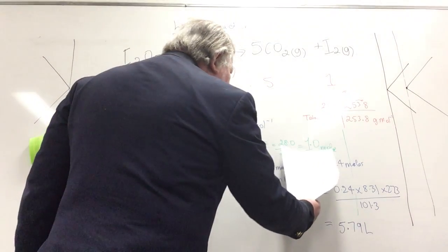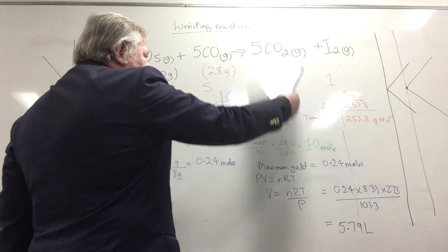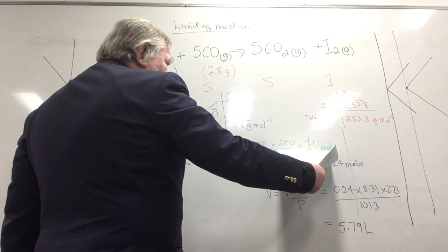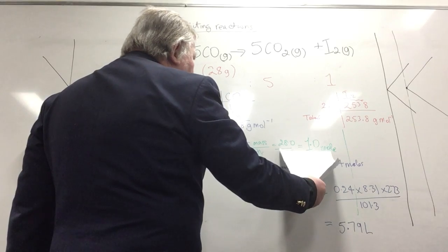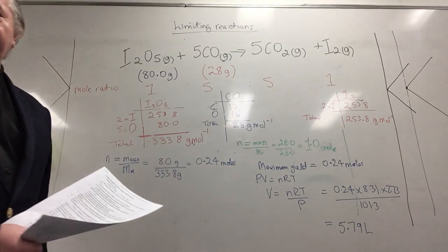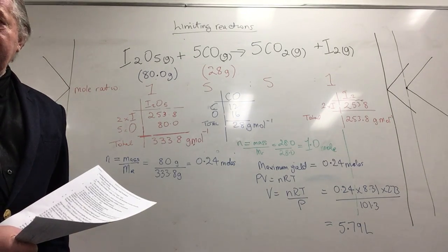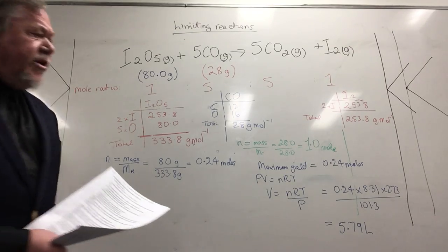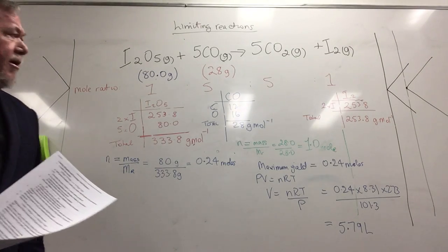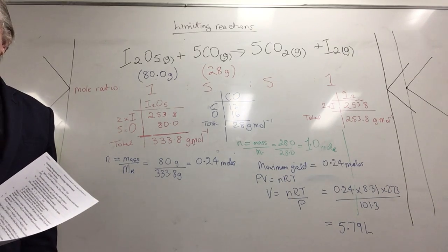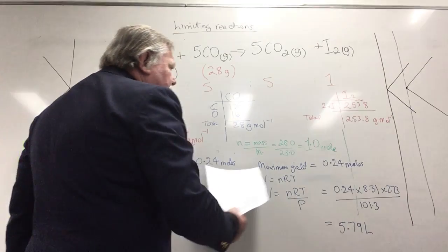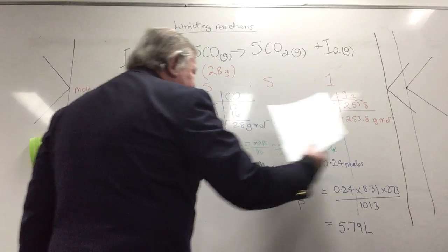If we had 1 mole of this carbon monoxide, we would need 0.25 moles. No, 0.20 moles of this, wouldn't we? Okay, so we would not have enough. If we used up this, we would not have enough of this iodine pentoxide. Okay, so if we're using 0.24 moles here, and we have 0.24 moles over here, which is a 1-to-1 ratio,